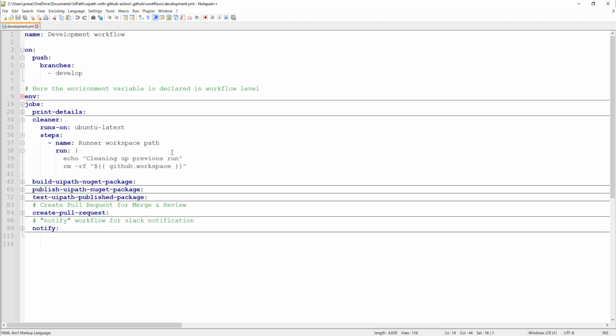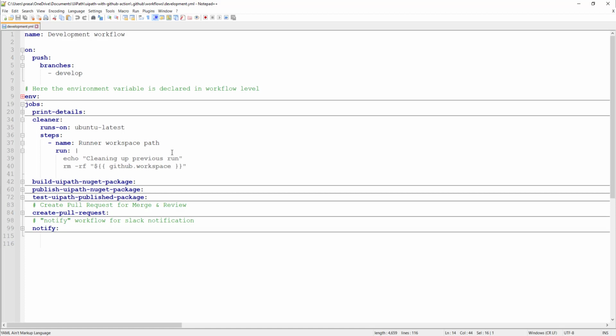The next thing that I am doing is performing a cleanup, right? I wanted to clean the directory where all these steps will be triggered, because sometimes what will happen is, if your workflow is stopped in the middle, you might see that there are some temporary files which have not been overwritten, and it can give you inconsistent results.